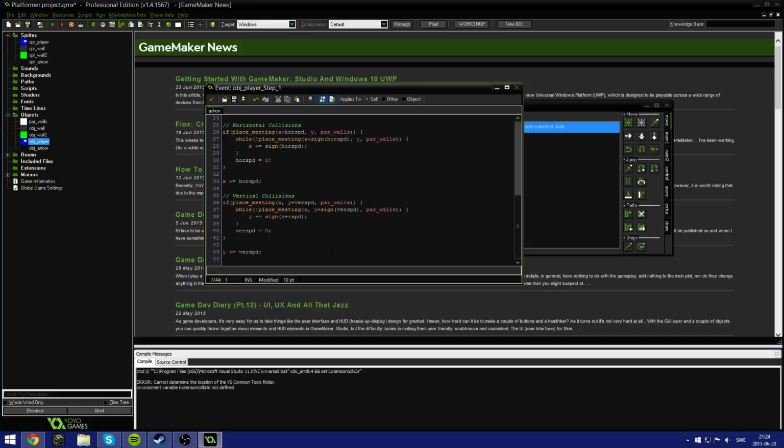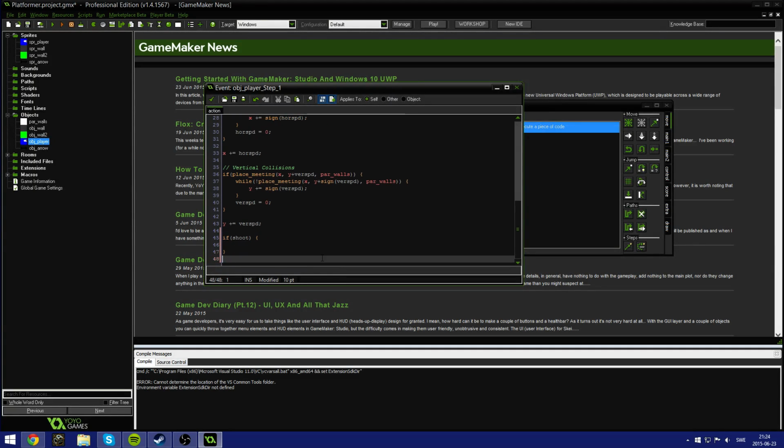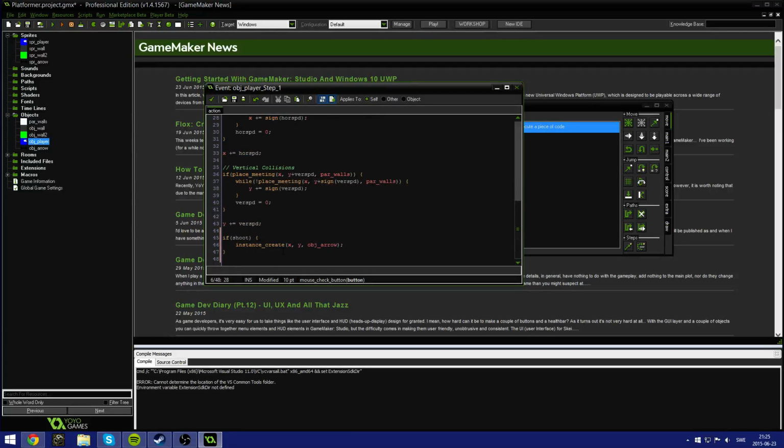And now if we go down here, if shoot, instance_create(x, y, obj_arrow). Now, as you can see, shoot is the left mouse button, and if we press that, it's going to initialize this event, go through that and create an arrow,